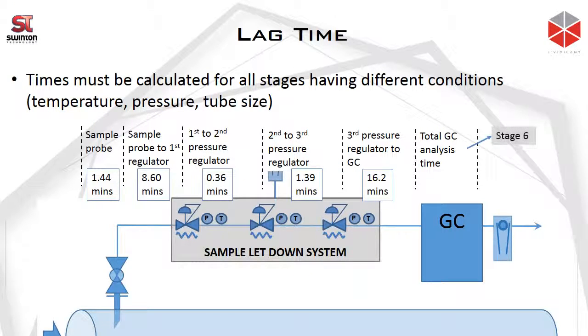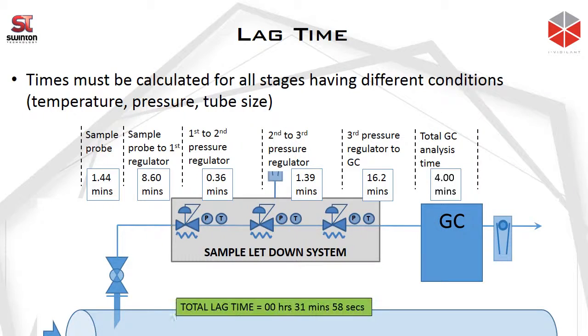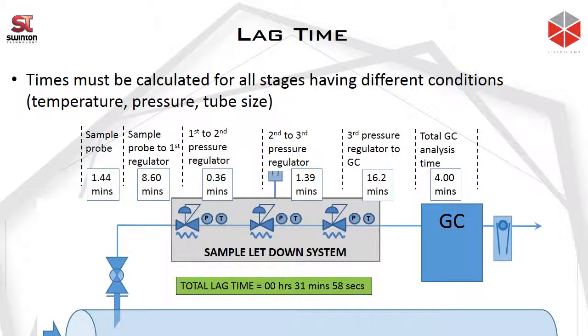We then of course have the total GC analysis time, or the cycle time, which is dependent on the type of GC and also on that particular GC's configuration. But I've put a time of 4 minutes in here, which is typical for, say, a C6 plus GC. We then simply sum all of these times and can calculate the total lag time, or can estimate the total lag time, in this case to be 31